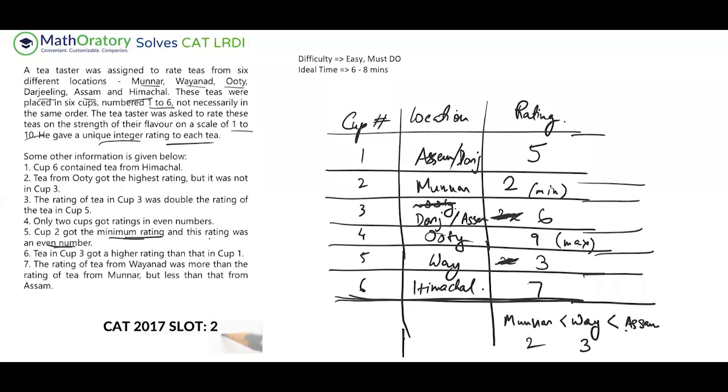So just because of that rating analysis, somewhere or the other, the faster you can do, the better it is. I don't think 5 minutes, maybe, is possible to solve the set. If it is possible for you, that's fantastic. I mean, very good because you solve a set in 5 minutes. That's a brilliant thing. Four questions are done. So ideal time, I'll put it as 6 to 8 minutes. 6 to 8 minutes should be good enough, even in a must-do set.